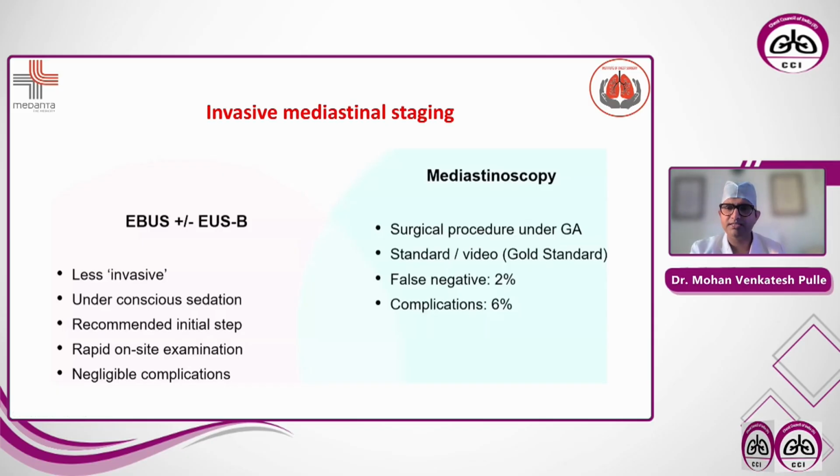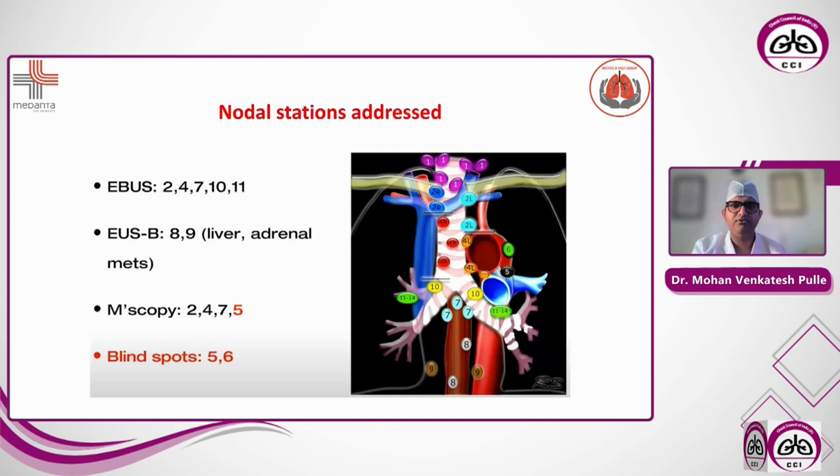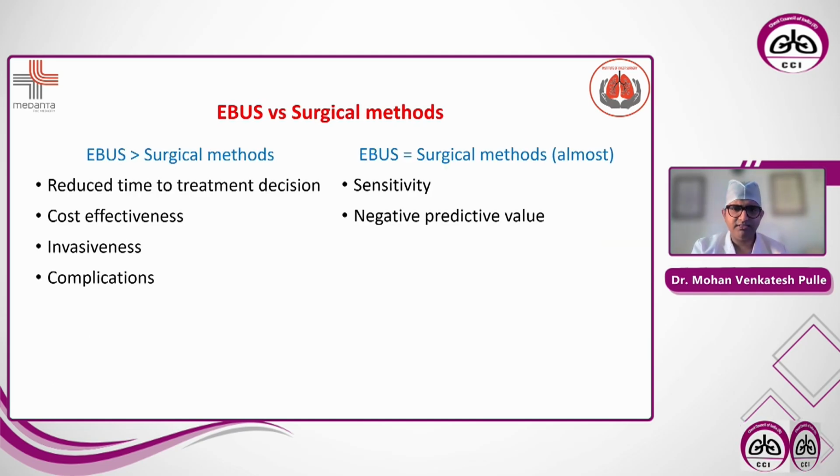Whereas mediastinoscopy is a surgical procedure that should be done in the OT under general anesthesia. And of course, it is the gold standard. If EBUS is doubtful, then the gold standard is mediastinoscopy. The false negative rates are very few, and the complications are slightly higher than EBUS, but it should be done by very experienced hands. So EBUS versus surgical methods, again, we see EBUS definitely fares better